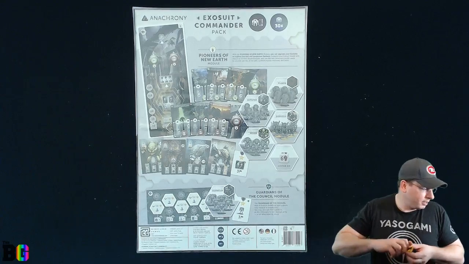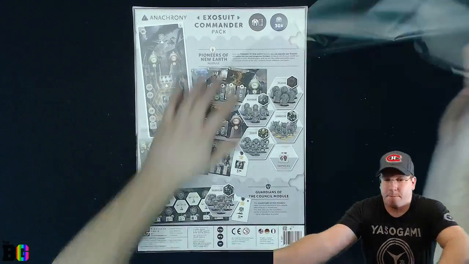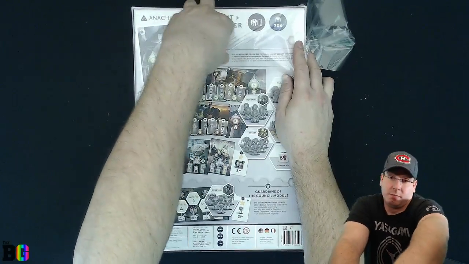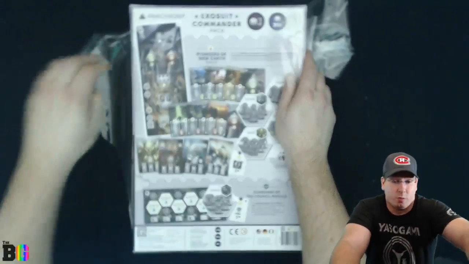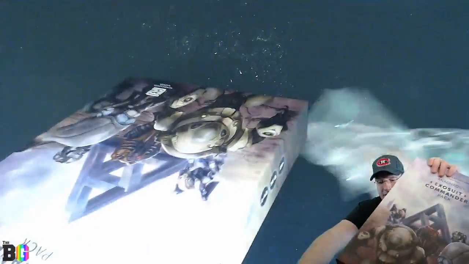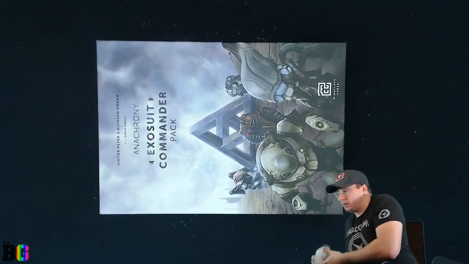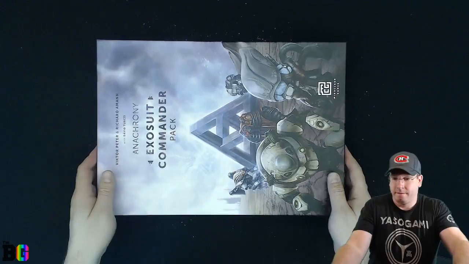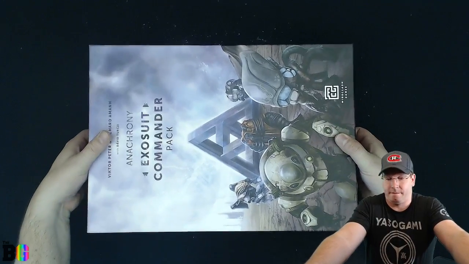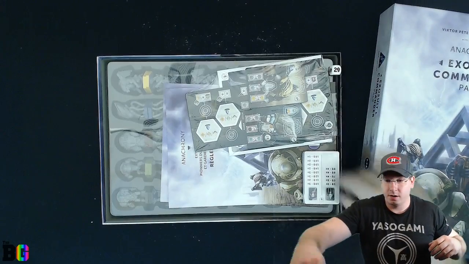Carefully get through the plastic here. This is honestly one of my favorite parts of board games, getting to open them and see what's inside. I've got a few games that I just eagerly open and still haven't played yet. All right, plastic wrap's off. Let's see what we got here. Put that right here. All right, we got